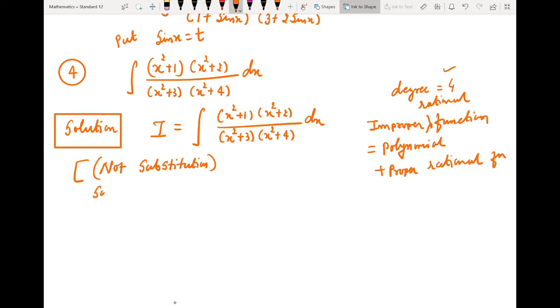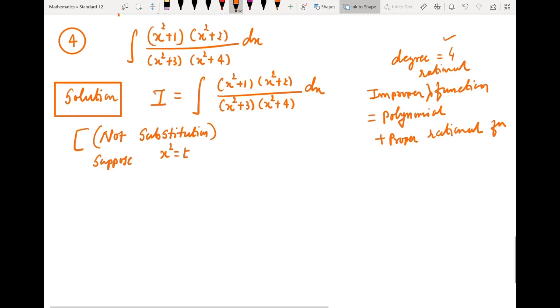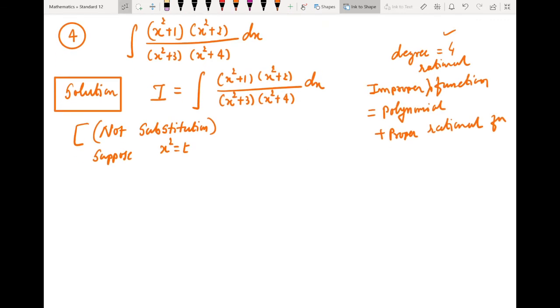Only suppose x square equal to t. Just you suppose, not substitution. If we use substitution then we have to convert dx in terms of dt, but important thing is this is not a substitution. So when we suppose x square equal to t, t plus 1, t plus 2,